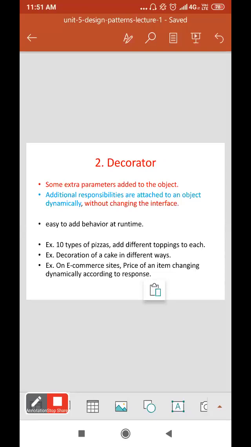As per the need of the application, extra objects will get created in this decorator pattern without changing the interface, and the responsibilities are handed over to those particular objects. So it is easy to add behavior at runtime to those particular classes or objects. An example is also given here. Please read it.